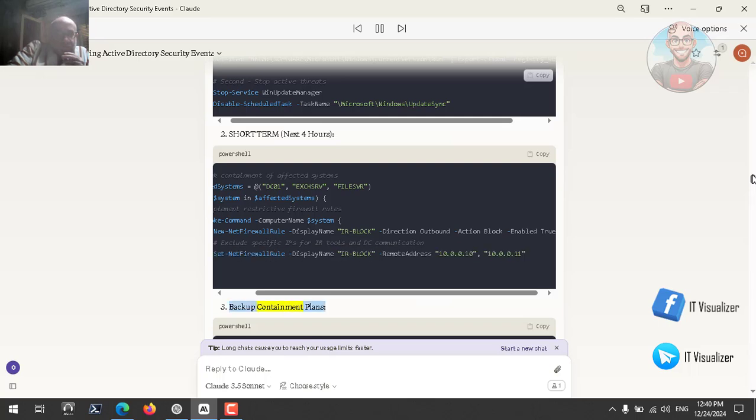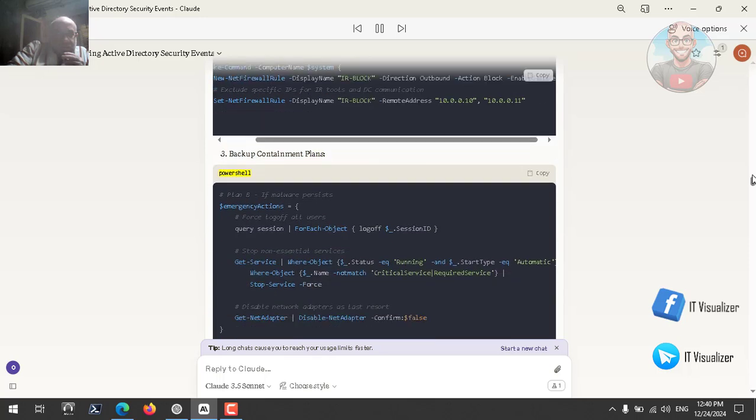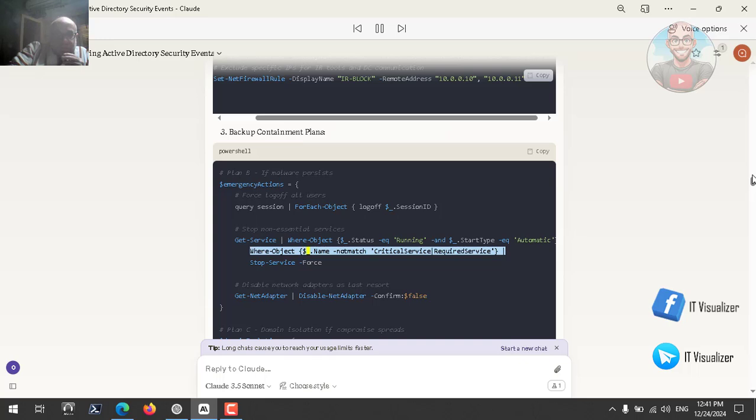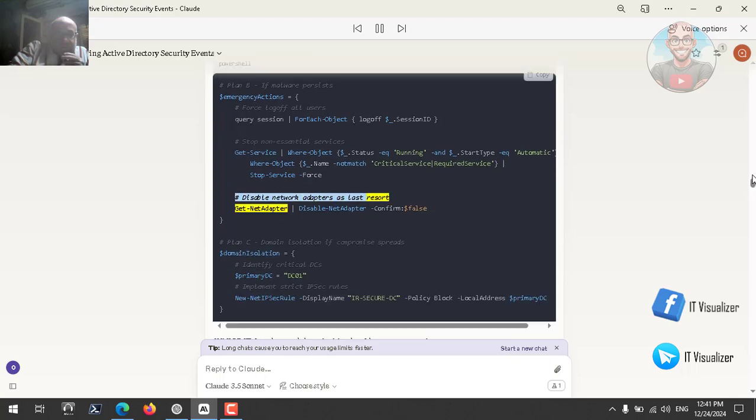10.0.0.11 }. Backup containment plans, PowerShell. # Plan B: If malware persists. $emergencyActions = { # Force log off all users. query session | ForEach-Object { logoff $_ }. # Stop non-essential services. Get-Service | Where-Object {$_.Status -eq 'running' -and $_.StartType -eq 'automatic'} | Where-Object {$_.Name -notmatch $criticalServices} | Stop-Service -Force. # Disable network adapters as last resort. Get-NetAdapter | Disable-NetAdapter -Confirm:$false